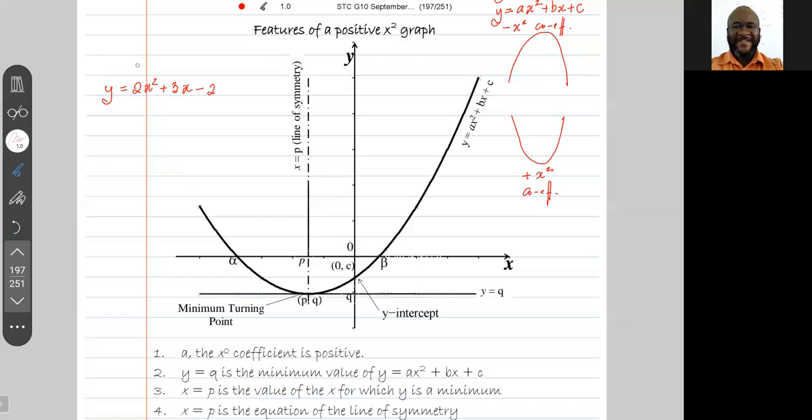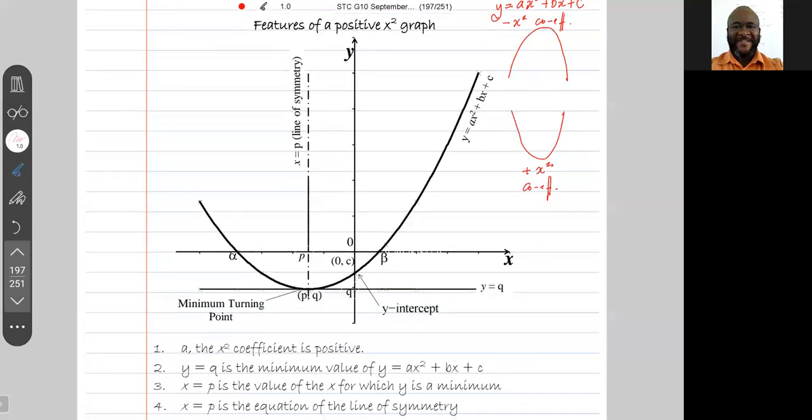And the first thing you need to note is that the number in front of x squared is positive. If the number in front of x squared is positive, you're going to get a smile. If the number in front of x squared is negative, you will get a frown. Stay with me. So that's the first feature. The second feature is this: